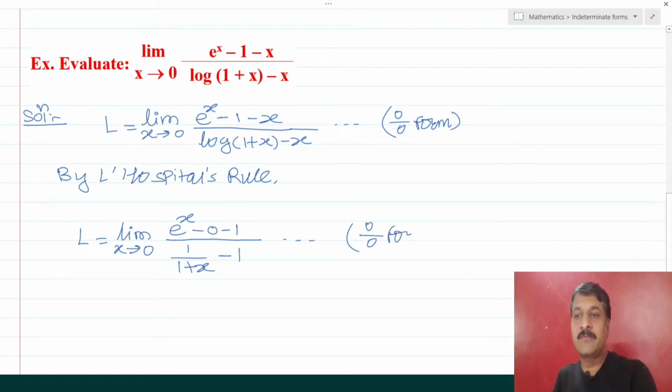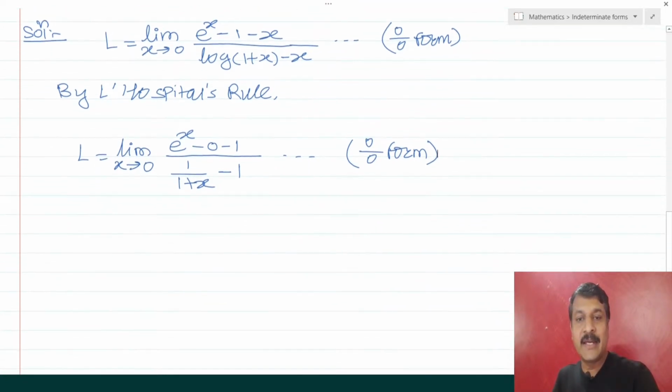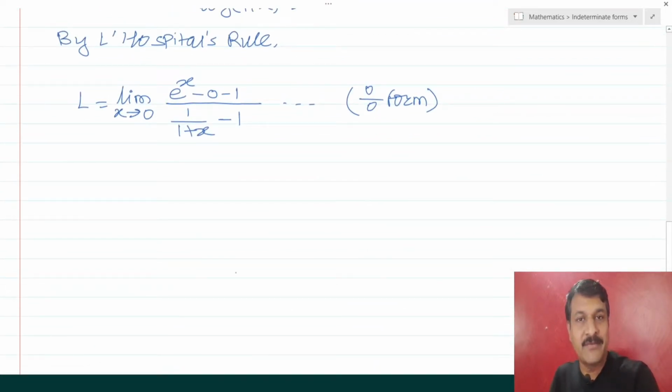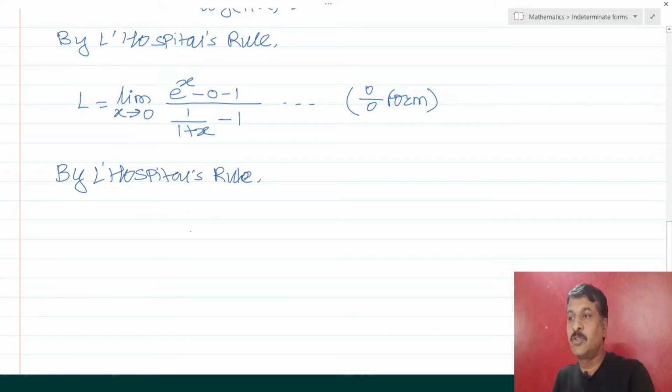So one more time I am getting 0 by 0 form. Whenever we get 0 by 0 or infinity by infinity indeterminate form, use L'Hospital's rule. So again by L'Hospital's rule, what is it? L equals limit, take the derivative of numerator and denominator separately. So the derivative of e^x is e^x, minus 0, upon the derivative of 1 upon 1 + x